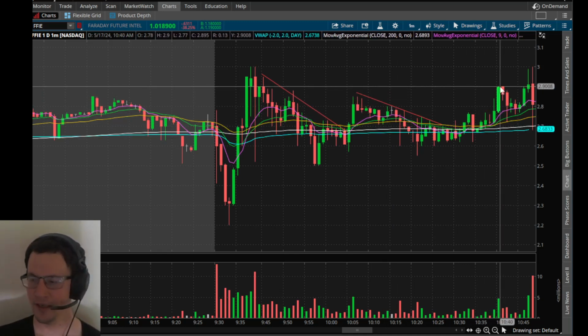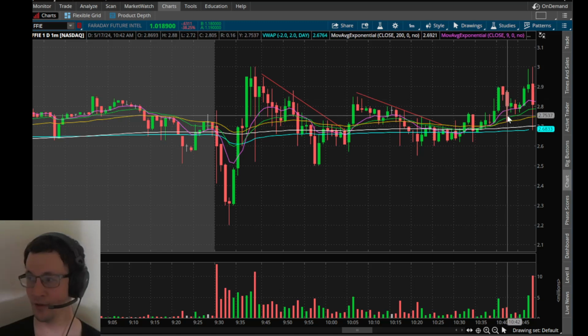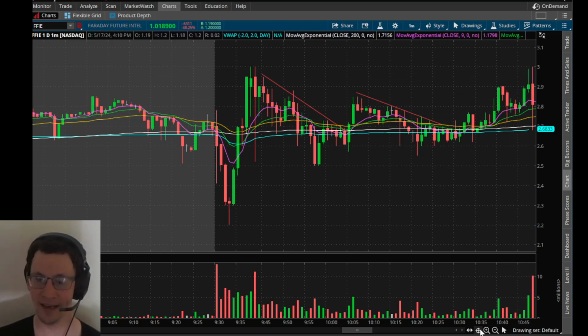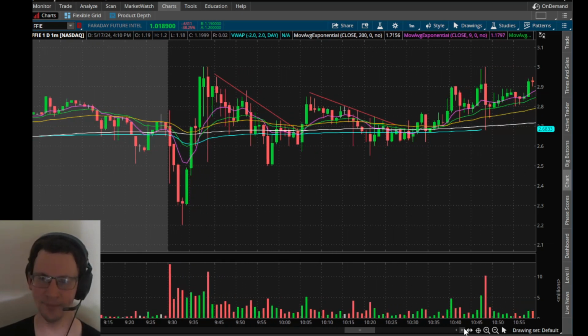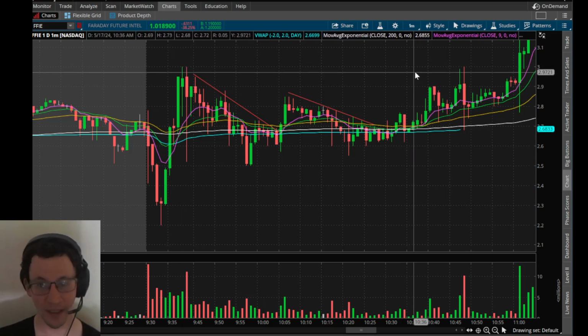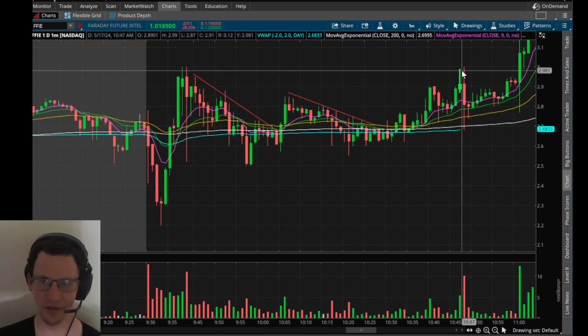Like any type of rotation needs to reject, right? So we get this rotation. This rejected. Comes back up to 3. That's pretty scary. That gets rejected. And then, yeah. It's at this point, I still believed. I was still holding. Still believed that this could roll over. But yeah, it just